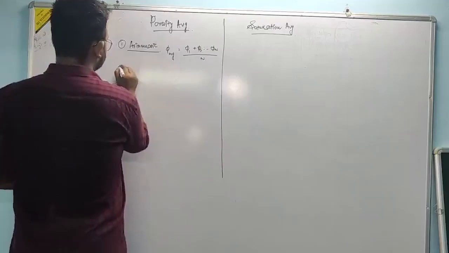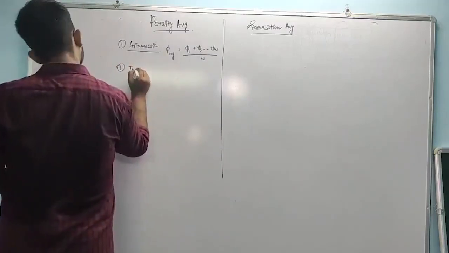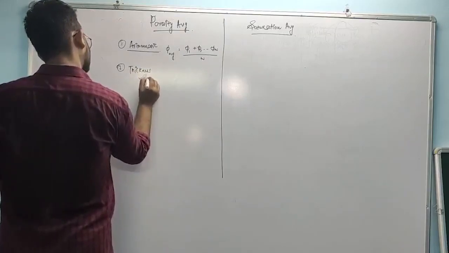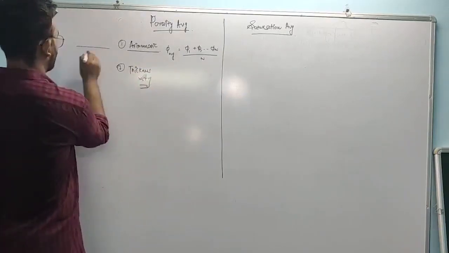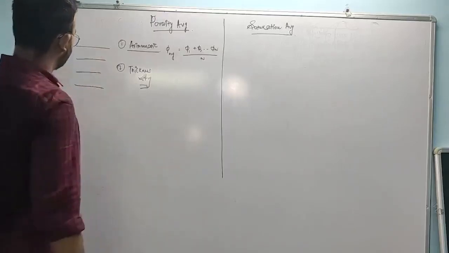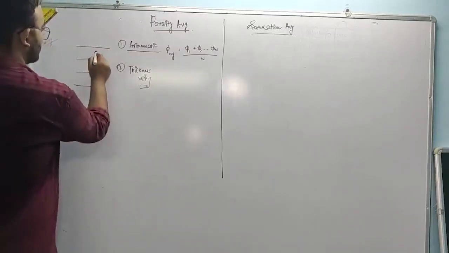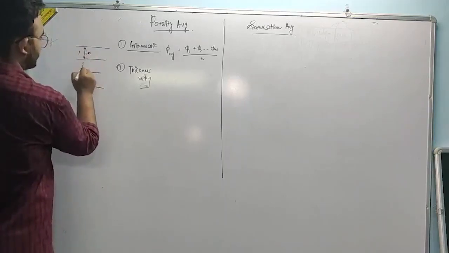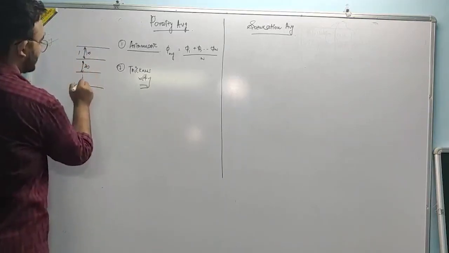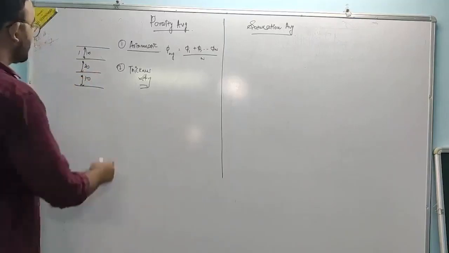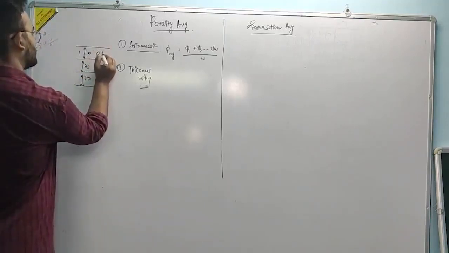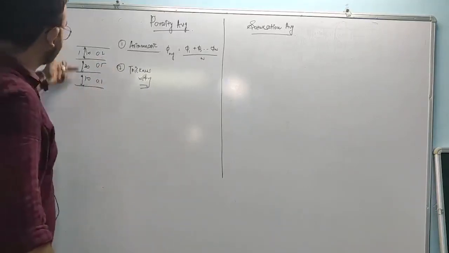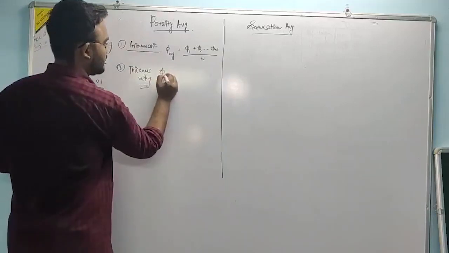Second is thickness weighted average. For example, this is your rock. There are 3 layers, 1, 2, 3. The first layer has h equal to 10 feet. The second layer has h equal to 20 feet. The third layer again has h equal to 10 feet. The first layer has a porosity of 0.2, the second has 0.5, the third has 0.1. So the average porosity of this is